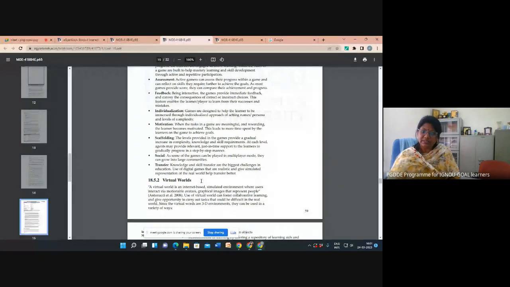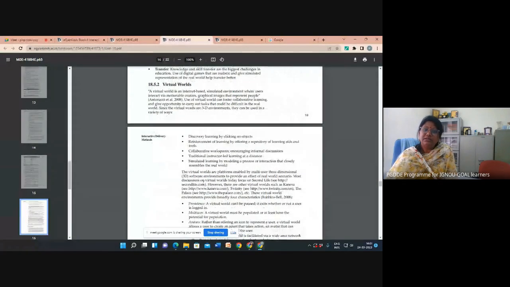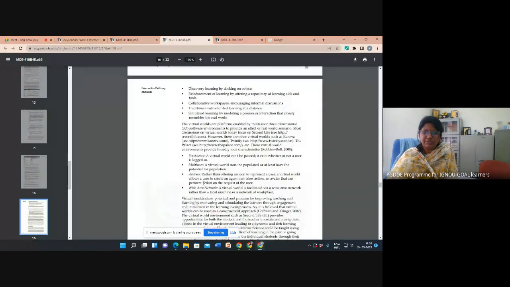So these are the things coming up, that means the teacher is able to put in effort to create different types of content. So definitely we can develop and engage our learners. That is very important. The goal is engaging the learners. So this type of work will facilitate us to engage our learners.